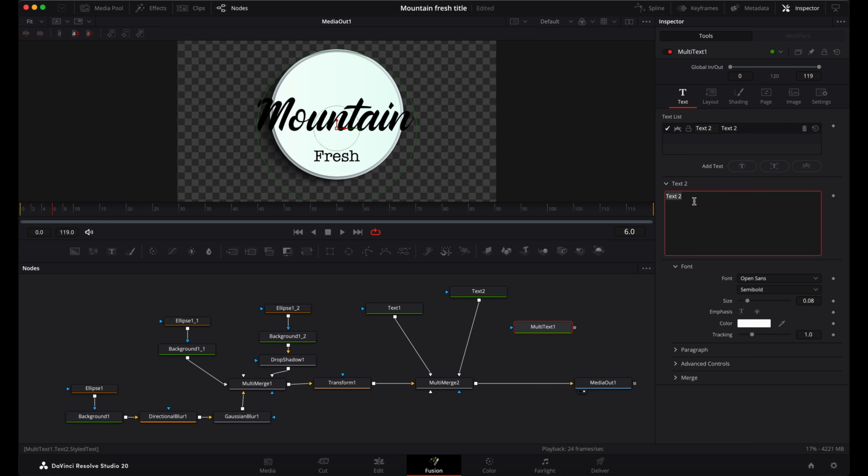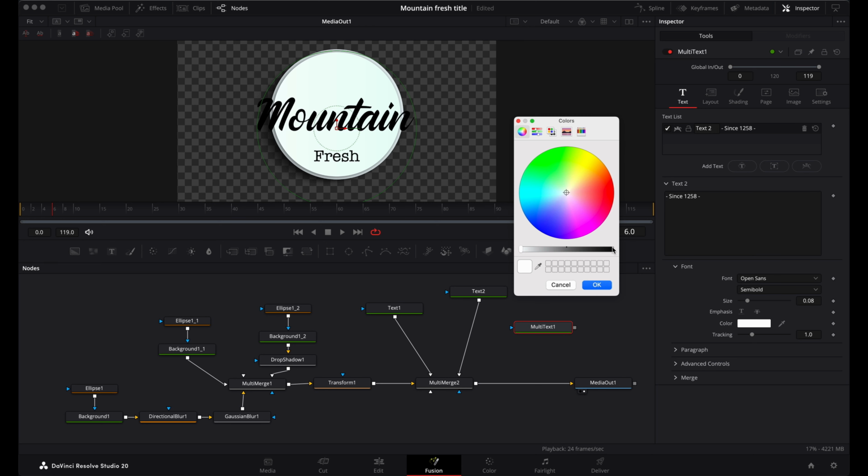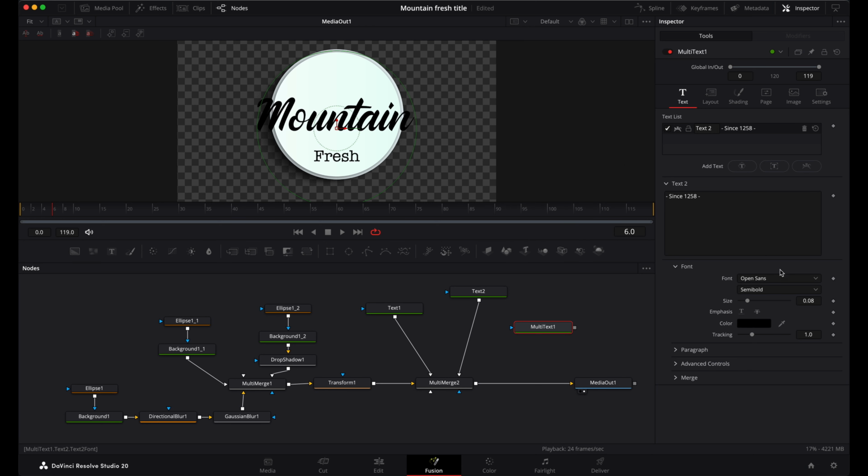And then we could change that to dash since 1258, and change the color as well to black. Also going to have that in the American typewriter font, regular. Let's just pipe that in so we can see what's going on. There we go. Now you can see that it's flown along the top of this green circle here, but what